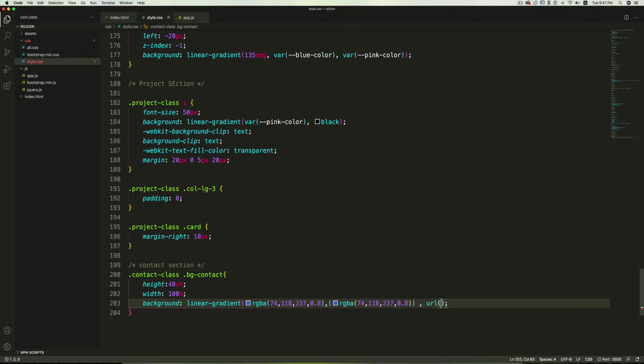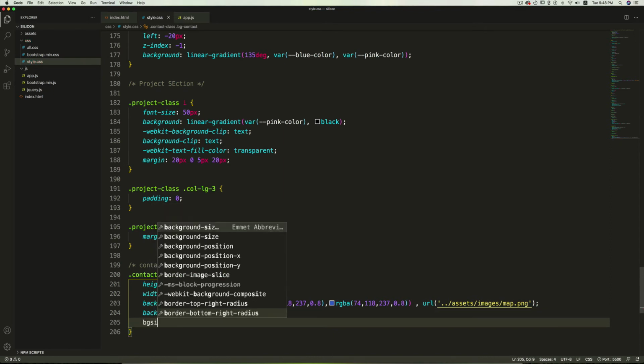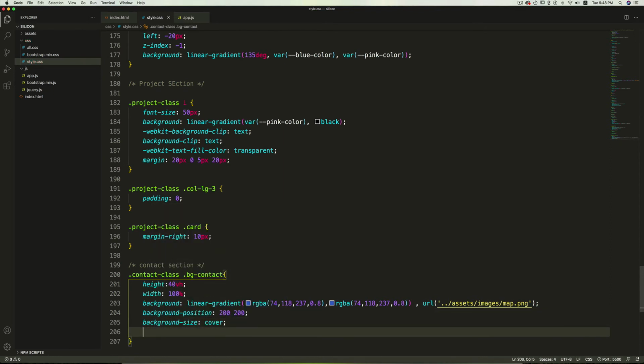So here I'm adding that map image. So dot dot slash assets slash images, then map.png. Then I'll set the background. Wait, there's a problem. I need to remove this parenthesis, this one. So now it's okay. So background-position will be 200 and background-size will be cover, and background-repeat will be no-repeat.